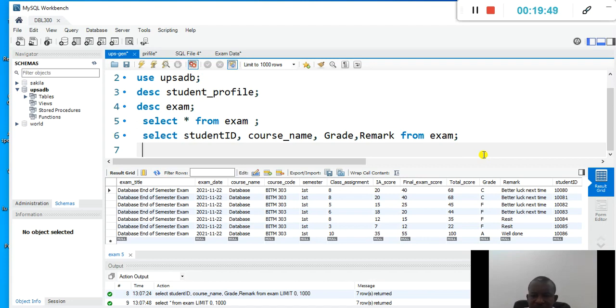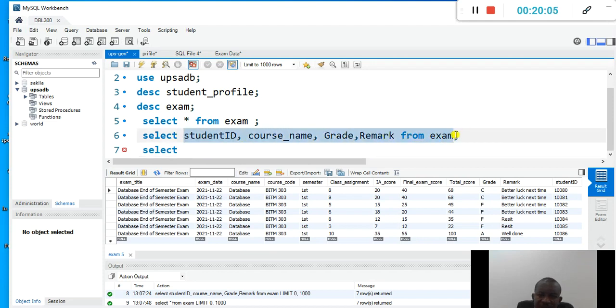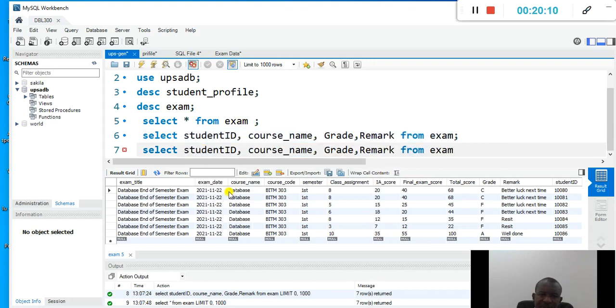Yeah, there are a number of ways to do it. So let's start with select all. Or if we want to select some specified fields, we can pick this. Okay, so we just pick this, select the student ID, the course name, the grade, the remark from the exam table. And now we want to add a condition. So we'll bring the where clause here. So where